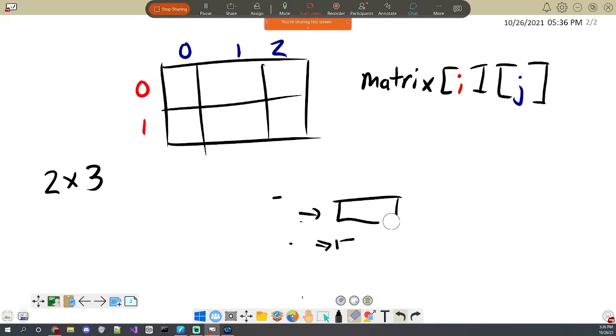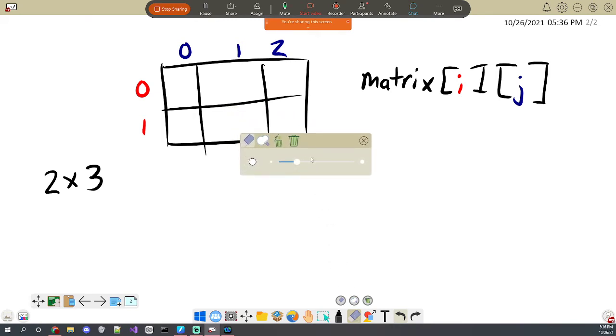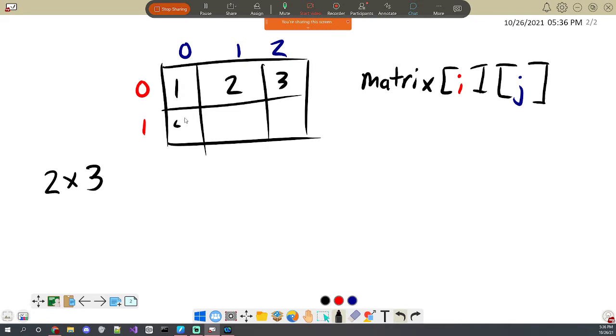So the way it actually allocates this is not two-dimensional because RAM is one-dimensional, so we can't really do that. Instead, it just puts it all in a straight line, and then when we do these array accesses, it actually just calculates where that needs to go. So let's discuss how we do the calculation, and then how we can reverse that as well, which is what the assignment was. So let's just say that I fill these in order 1, 2, 3, 4, 5, 6.